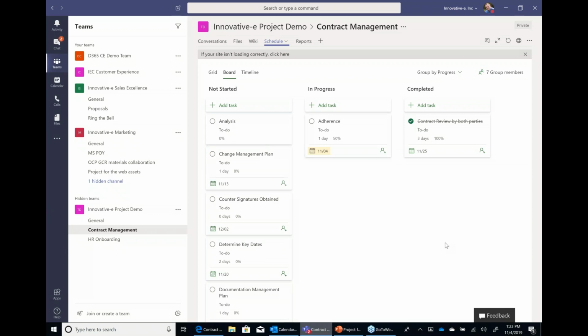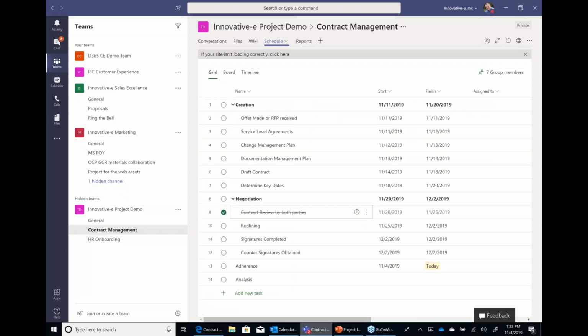So he went ahead and did that on his side, and I can see that immediately take place here. So we're actually co-authoring the project schedule right here in front of your eyes. We can do that on grid view, timeline view, or board view, and you'll see those changes take place immediately. So it's really nice to be able to collaborate closely on contracts with others, either internally to your organization or